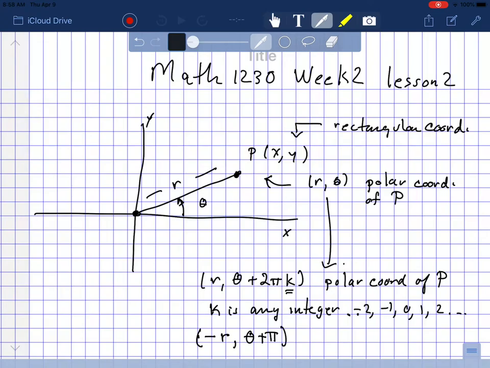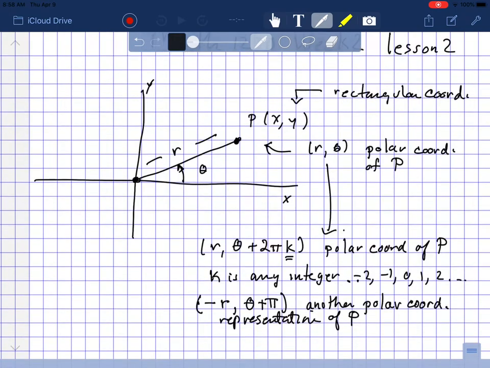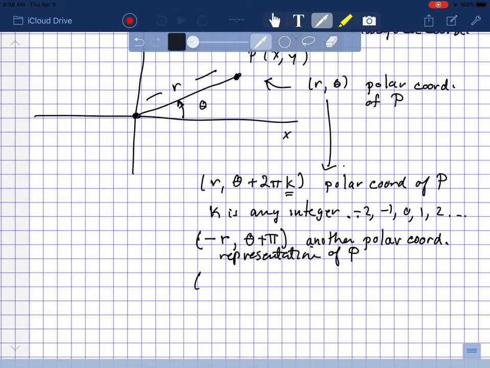All right, so this is another polar coordinate representation of P. And to that, I can add any integer multiple of 2 pi. So these are all polar coordinates of the point